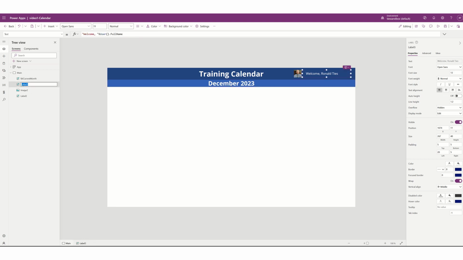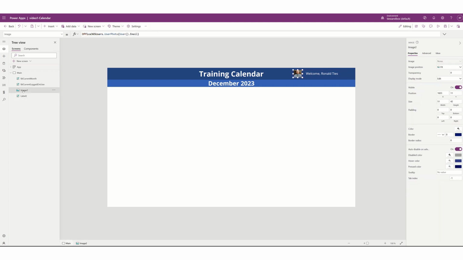This label is going to be the current logged on user, so we label it current logged on user. I don't like spaces, so you guys can do these however you want. This is our image, current logged on user,